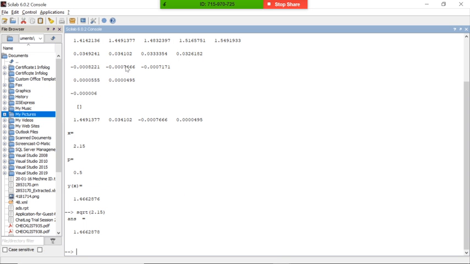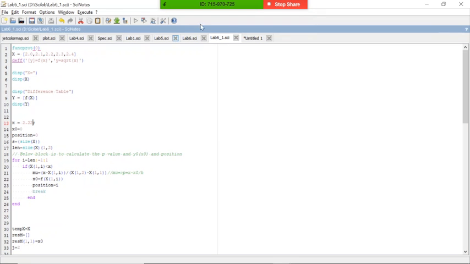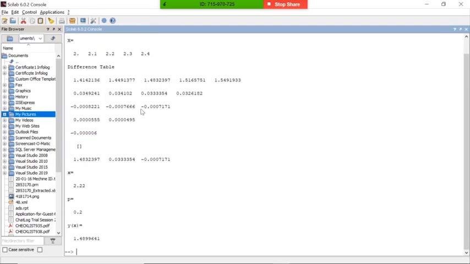First let me clear this one. You can check out for 2.22, it is taking the third diagonal. Only three values are there, 2.22 and the square root is this one.